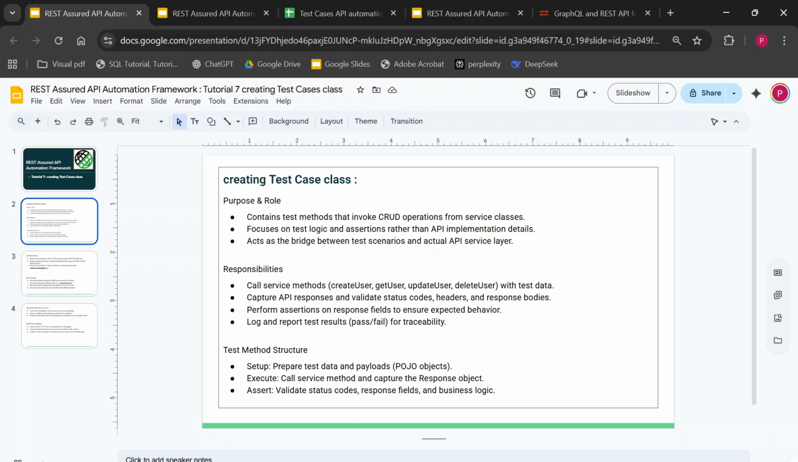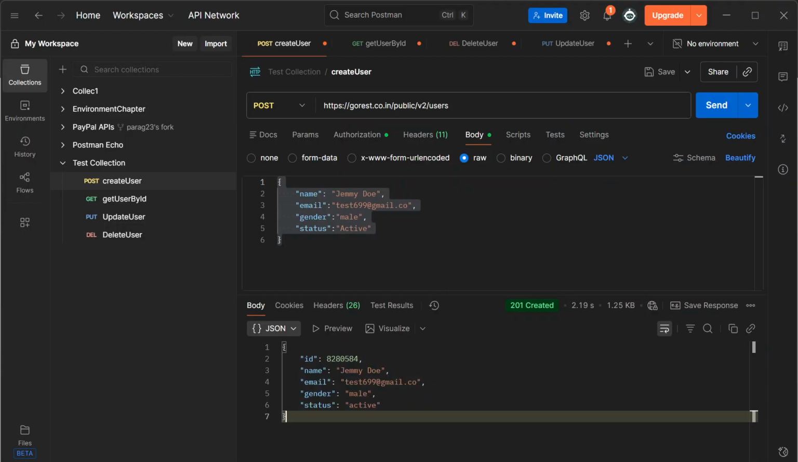Then those methods will return the response. So in the test class, we will capture the API responses and we will validate the status codes, headers and response bodies, etc. We can also perform assertions on response fields to ensure the expected behavior. For example, in the test class, when we call this create user API, we can now check different parameters, like whether a 201